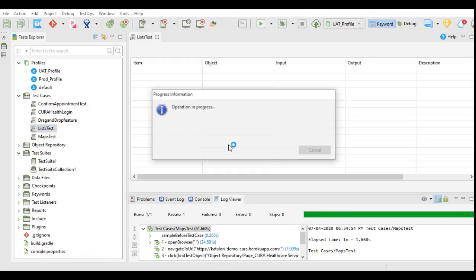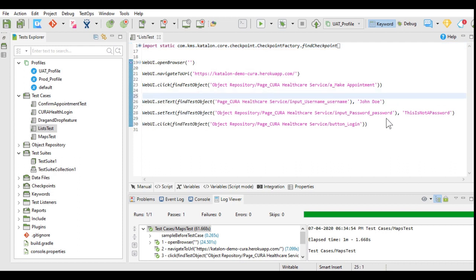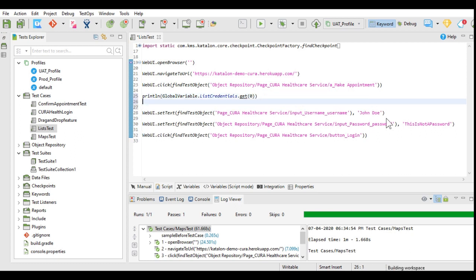Now in our test case we will print the value of this list variable first and then we will use it. Let's see. I will write here println GlobalVariable dot list credentials dot get, and I will get the value by index. List index starts with 0.